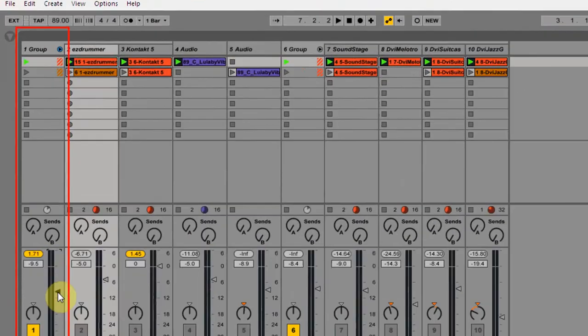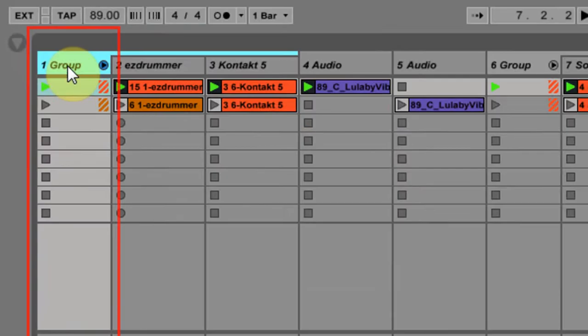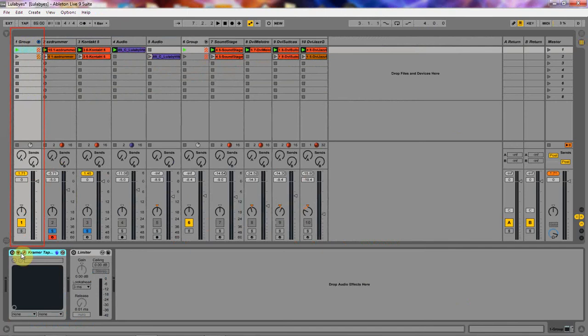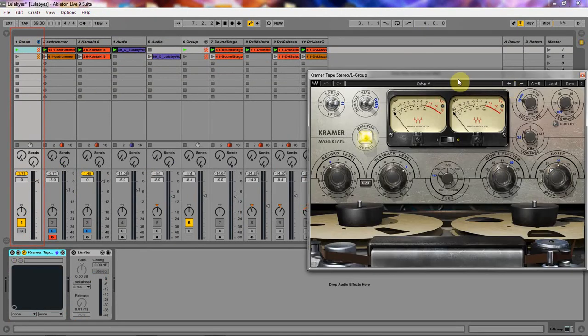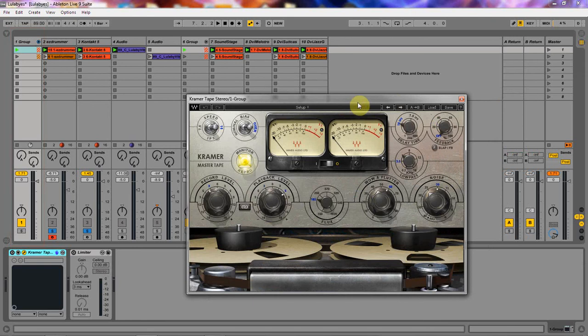On analog drums, boom bap, you gotta use some type of tape saturation. And we're gonna go to the plug-in, the big granddaddy of them all, as far as Waves plugins are concerned, when it comes to tape, the Kramer Master Tape. Now, Waves does have another tape saturation plugin that they just came out with, but this is one of the earlier ones. I like this one because it's more geared to rock and country and stuff like that, as far as the tape emulation goes. It's more of an older tape emulation plugin, and these drums, however,